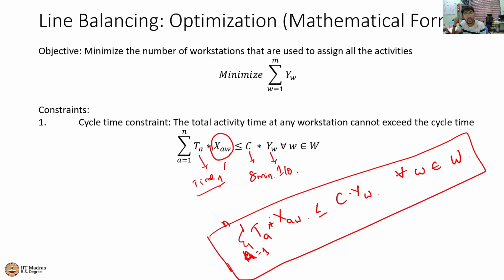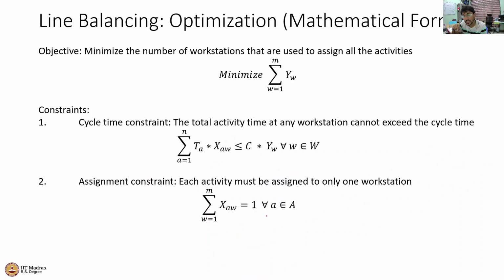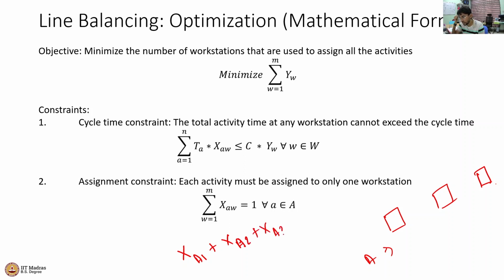The same thing is going to be a mathematical form for your first constraint. Your second constraint, which is the assignment constraint. I must ensure that the activity is assigned to at least one station. Given that there are 3 stations, only in one of these 3 I must assign A, right? So X A for the first station plus X A for the second station plus X A for the third station must be equal to 1, which means at least one of them should be 1 and the others should